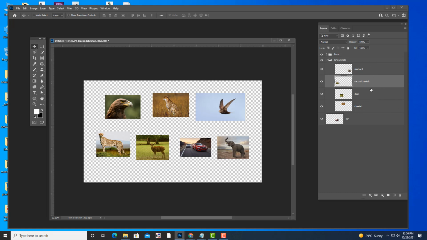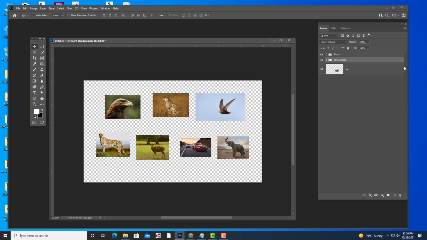Okay, see now, because this cheetah will eat flesh, right? So what we'll do, we will create a group of carnivores. Select both the layers and hit Control G, and then name it carnivores. Elephant and deer will eat what? Plants. So vegetarian, herbivores. Vegetarians also you can say. Okay, like this, herbivores and carnivores. See, land animals, and the subgroup is herbivores, and then another subgroup is carnivores. Like this you can create a subgroup.